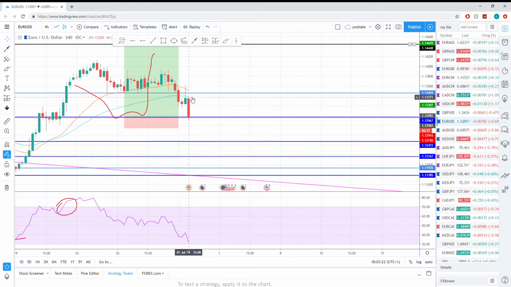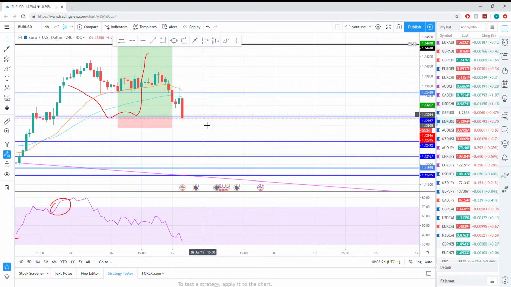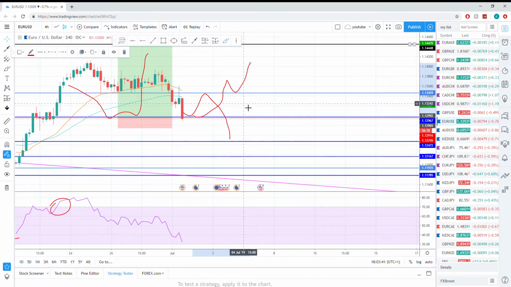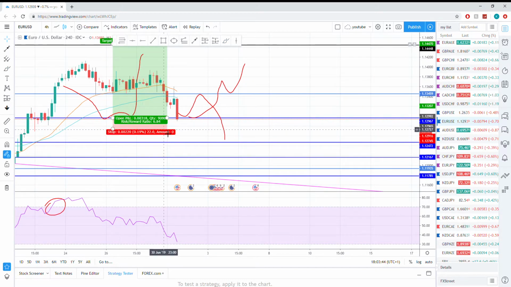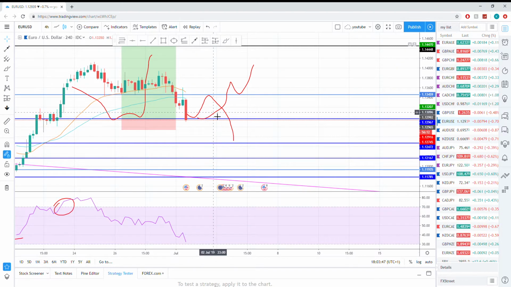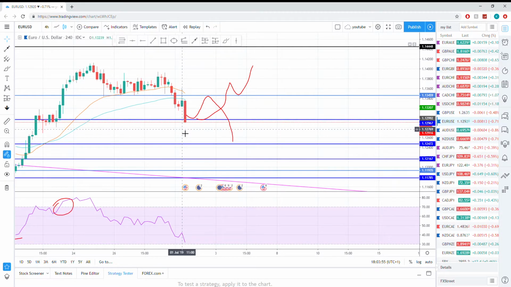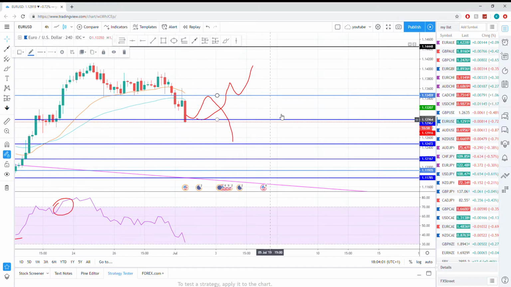However, I'm starting to see that the EMAs are slightly beginning to converge, so we could find our way battling in between before we either make a move to the downside or a move to the upside, like so. Let's wait until we get a bit more clarity in the market before we decide the overall positioning. But just looking at how price has been as of today, we've got this huge rejection candle from this level here at